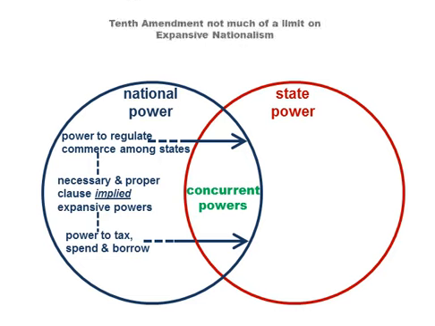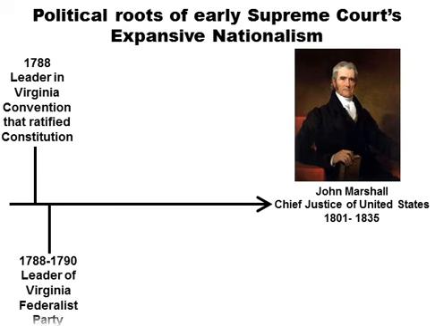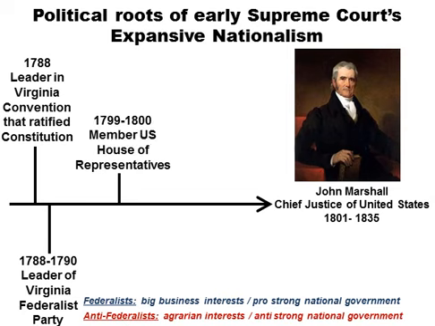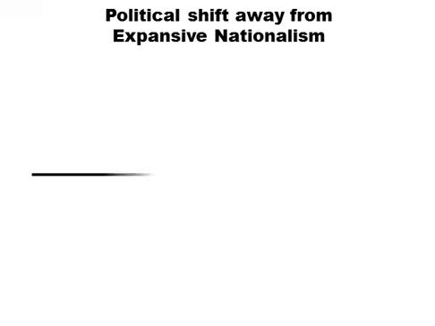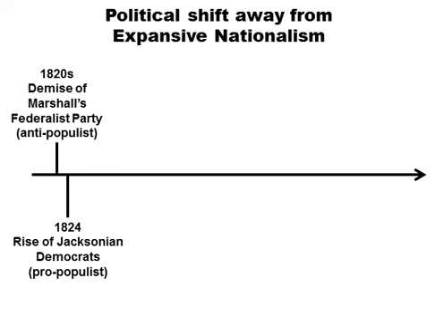Limits on nationalism came not from the 10th Amendment, but rather from political changes. Chief Justice Marshall expressed the pro-business Federalist outlook that led to the Constitutional Convention of 1787, seeking national protection against local agrarian populists. But the political appeal of that outlook faded. The Federalist Party's demise and the rise of parties for local interests marked a political shift. Andrew Jackson was a populist president who challenged the old establishment.